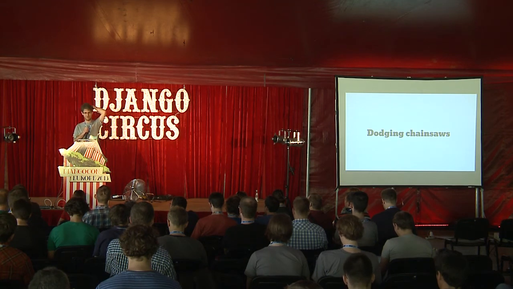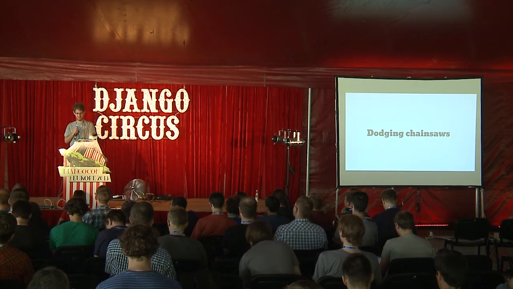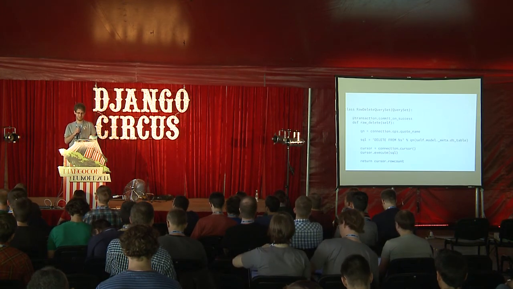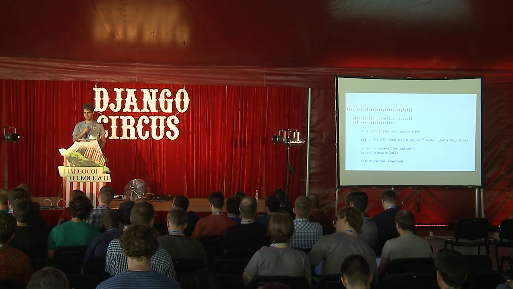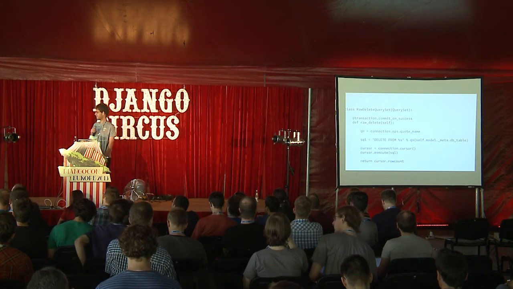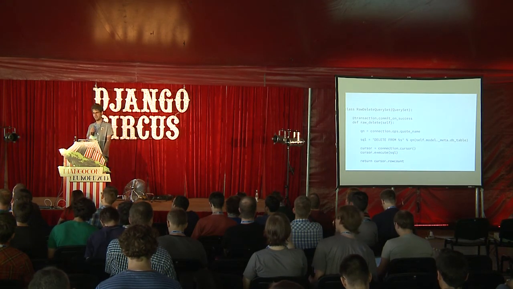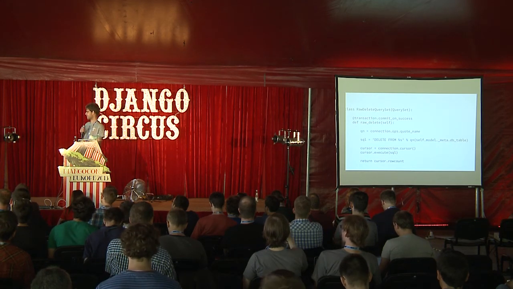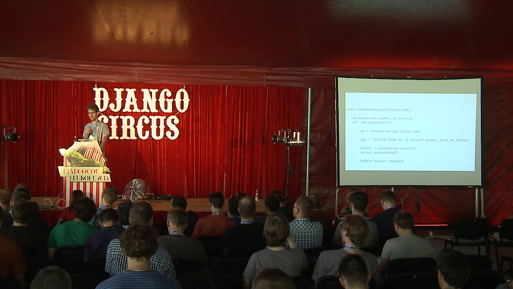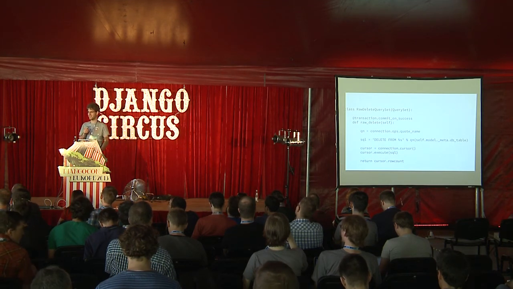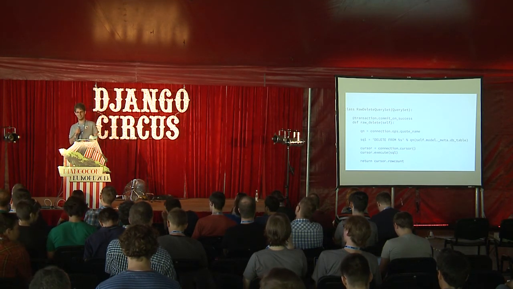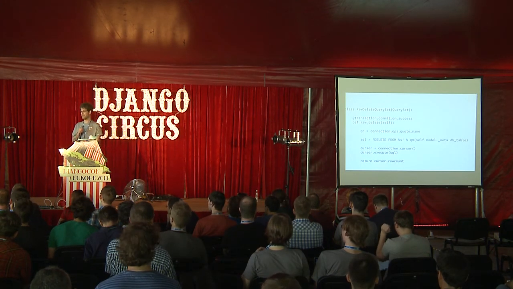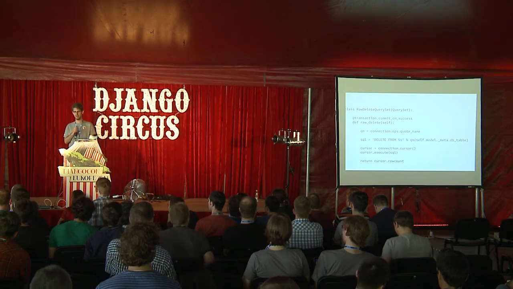There is just one more thing, an exercise: practical training in dodging chainsaws. That's basically a row delete query set. It's a simple method like you would find in any third-party app. It does a row delete. There is nothing in it. So now the question for you: how many bugs are in this code when used in multi-DB solutions? Maybe we'll start with one.